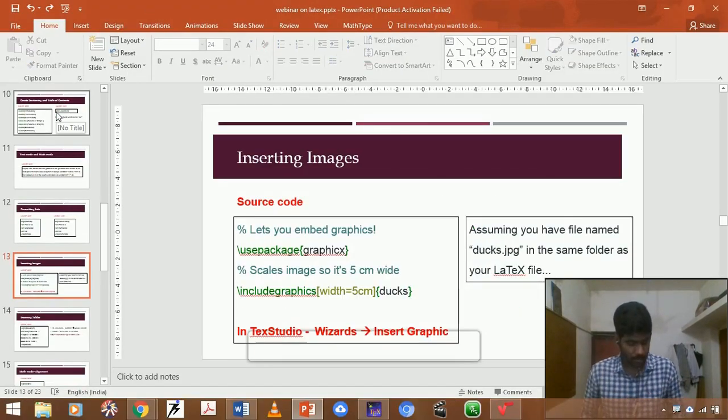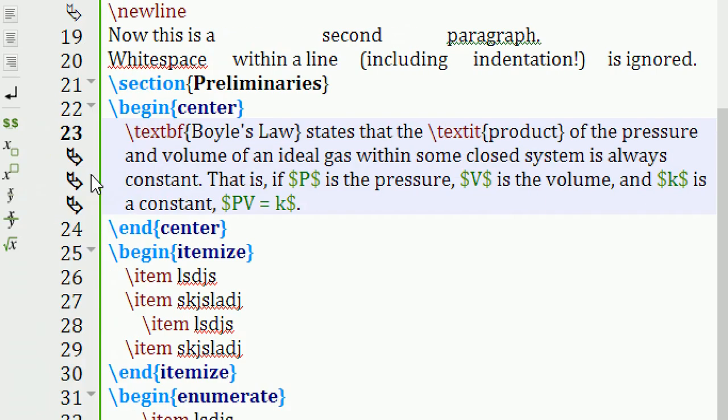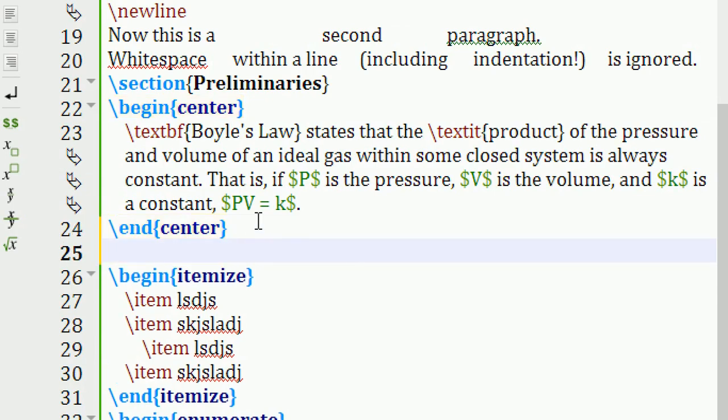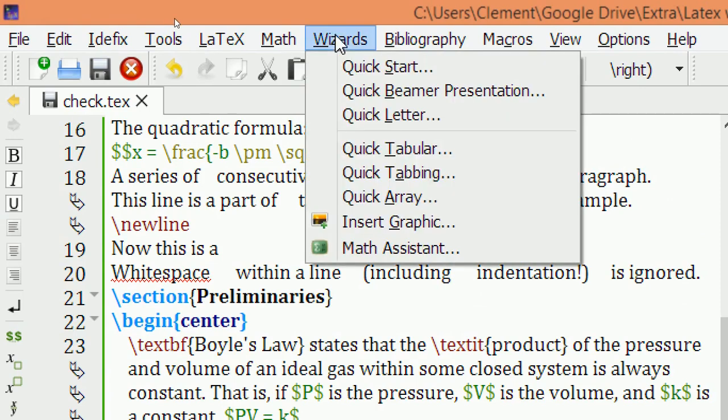Okay, I can go back to the TeX compiler, TeXstudio. Here I just need to fix the position to insert the image. I'm going to insert the image after this text, so I can just press enter. Then simply I should go to the wizards options. So I'm going to insert the figure.